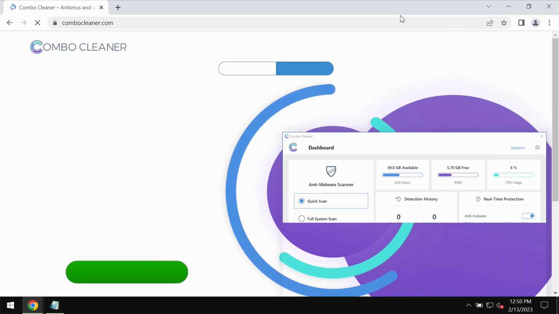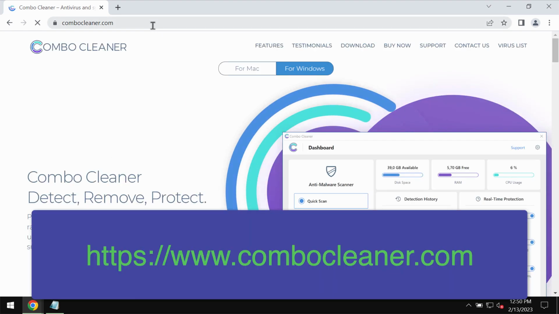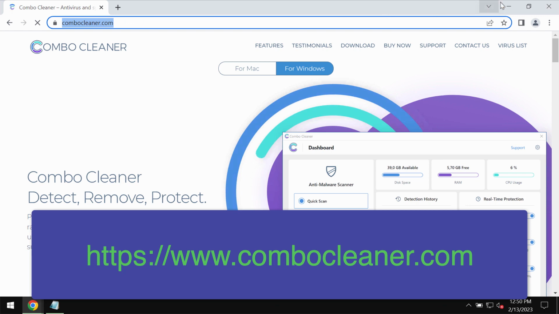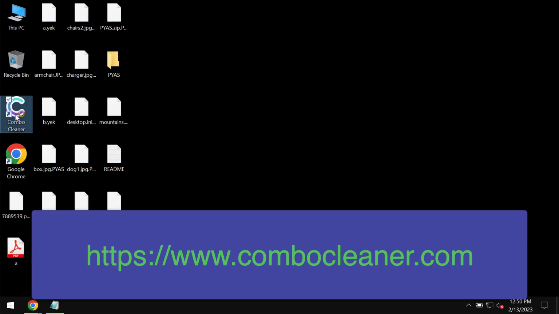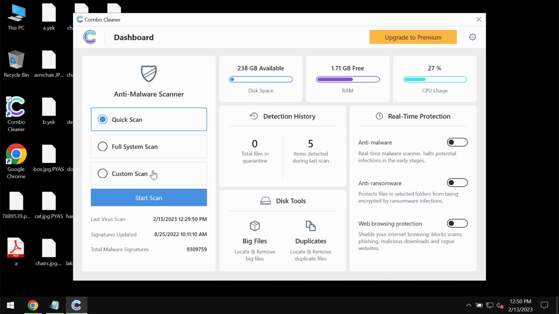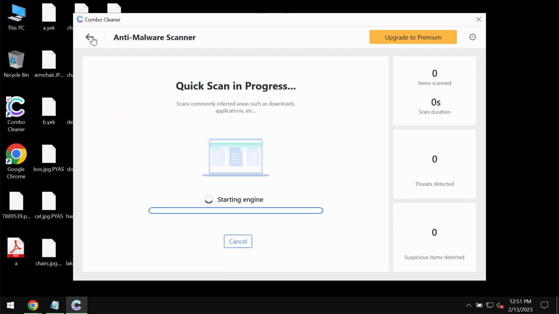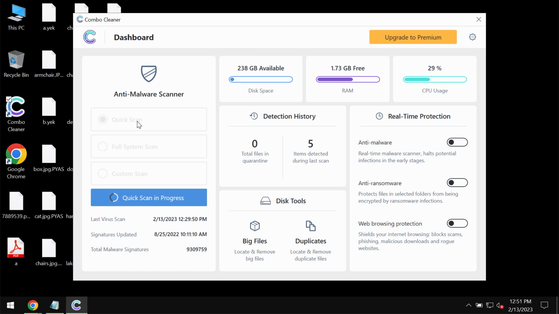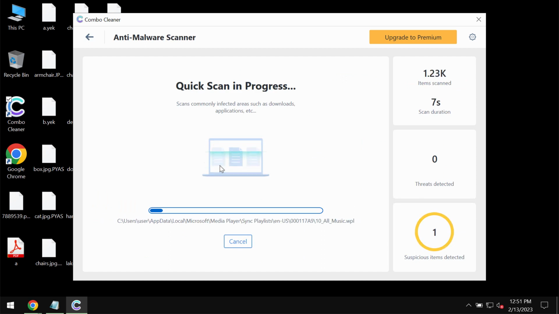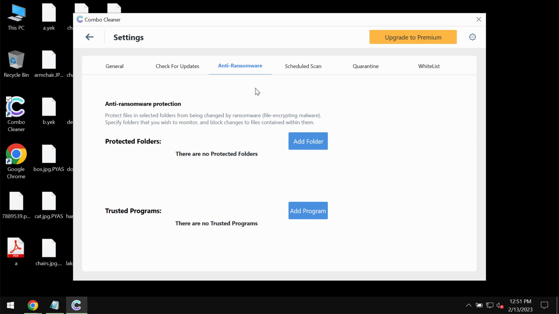Combo Cleaner Antivirus. You may get Combo Cleaner on the page combocleaner.com. So download the application, install it, and click on the Start Scan button. The software is initially in the trial mode, so only the quick scan option is available in the trial mode. Then the scanning will begin, and while the scanning is taking place, I want to emphasize your attention on the